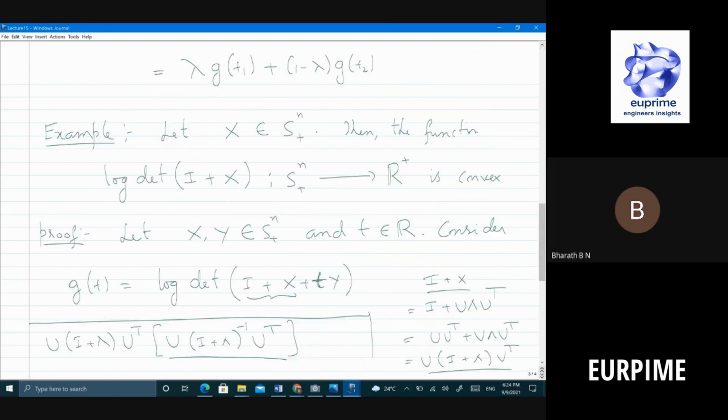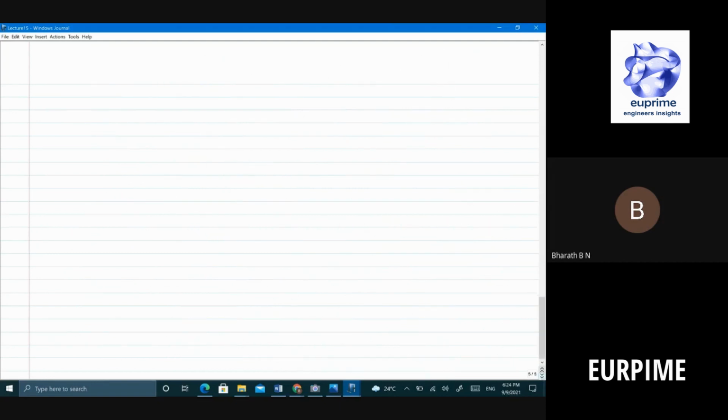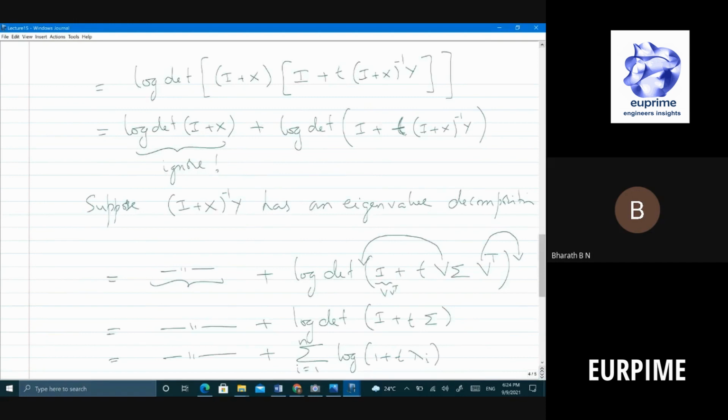Well, I think I made a mistake. Then the function is, I'll put a question mark. Let's see what the function is. Okay, so sorry about that. It's not convex. We'll see what this is. What is log of 1 plus t lambda? What kind of a function is that? Can you please check quickly and tell me? Lambda is positive? Okay, so this is,